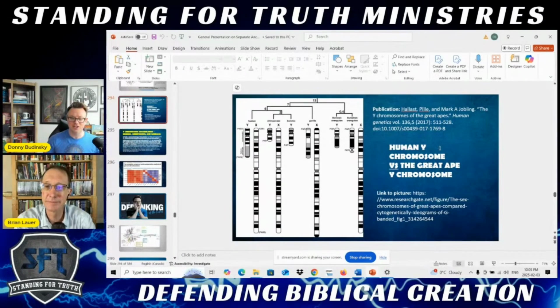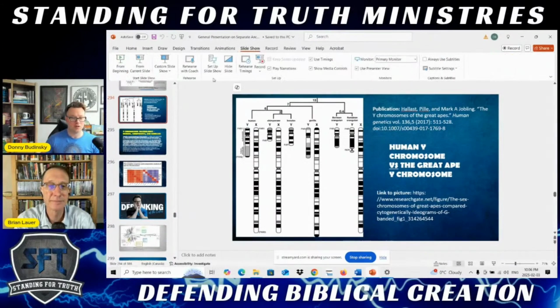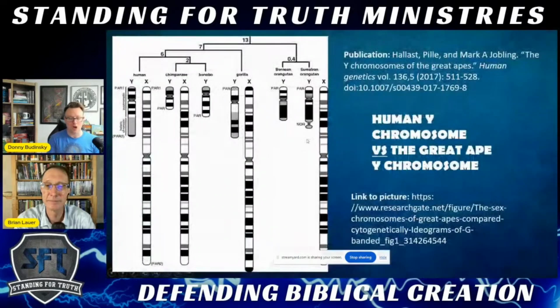Yes, PhD geneticist. The Y chromosomes were thought to be roughly 35, maybe 40% similar back then. And it's really cool because you can see on this visual, and I appreciate all the visuals in your presentation. I think that's helpful for the audience. I'm a visual learner, Brian, my brother.